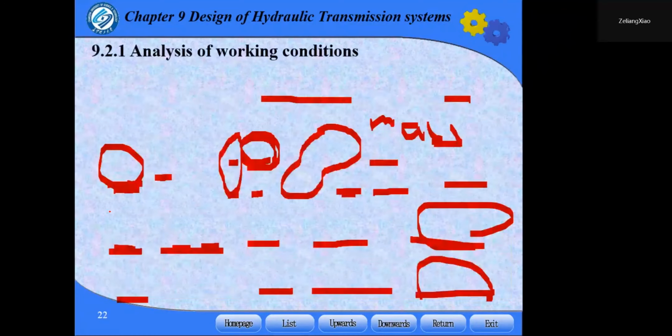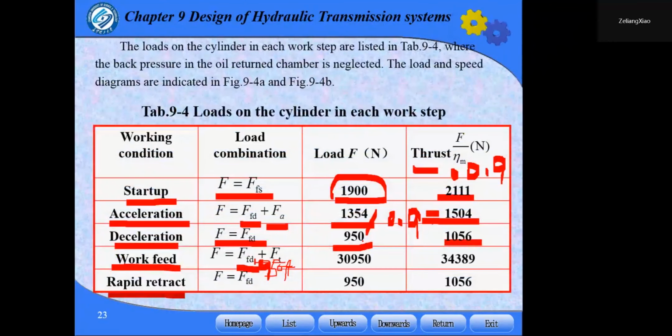Actually, you can get this number divided by 0.1 plus